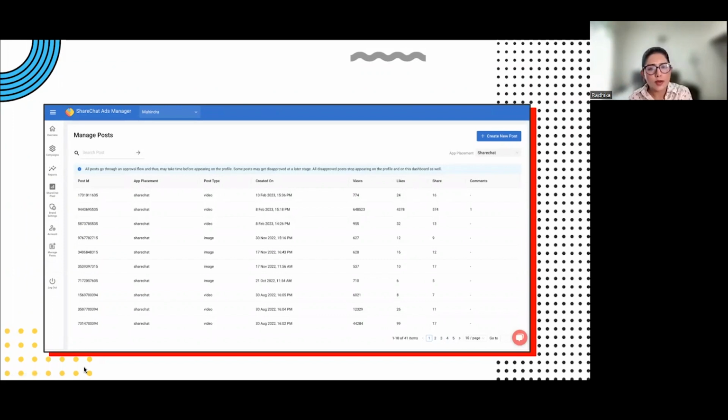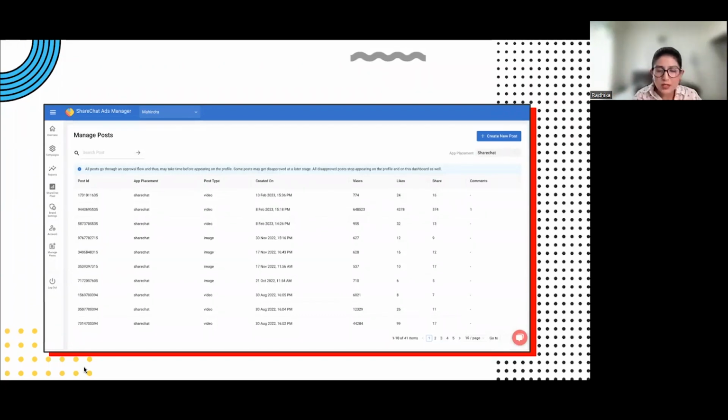So there are very few advertisers who have separate logins for separate businesses for whom they advertise on Moj and ShareChat. For such advertisers, we anyway recommend the multi-brand ecosystem. And in the multi-brand ecosystem, it is difficult for you to get access to those profiles via your own mobile devices. So that's another main reason why this managed post module came into existence, because we wanted to provide you access without having to go via the mobile OTP login route on ShareChat and Moj.